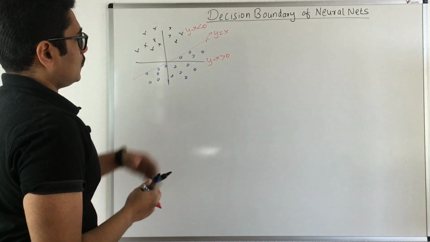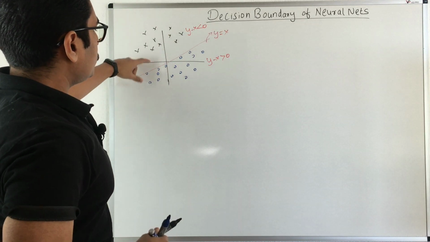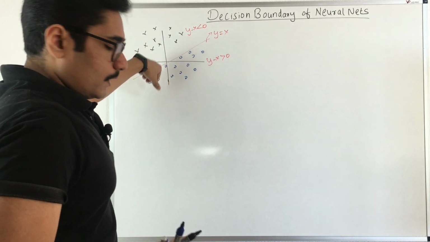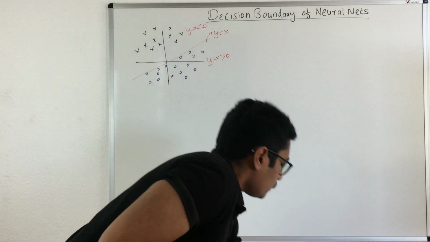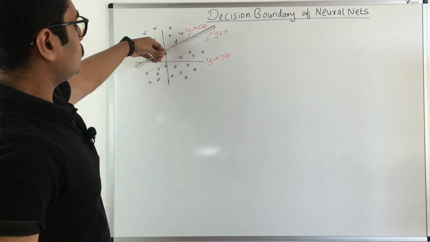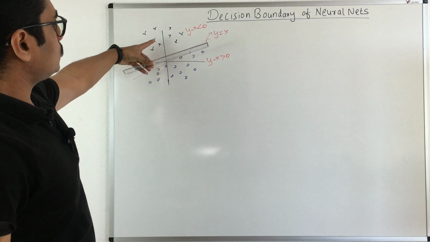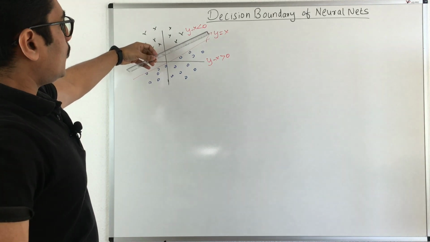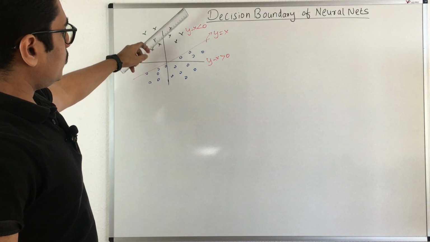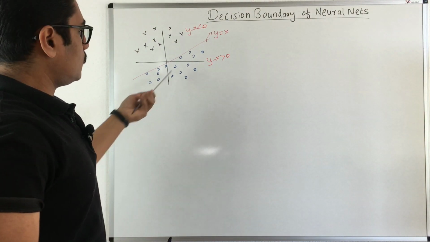and y minus x is greater than 0 for this other class. So essentially in 2 dimensions you can see this as a line, but in 3 dimensions you can assume this as a plane that is separating these two. Whatever instance lies on the upper side belongs to the cross or the black class, and whichever falls below this plane belongs to the blue class.